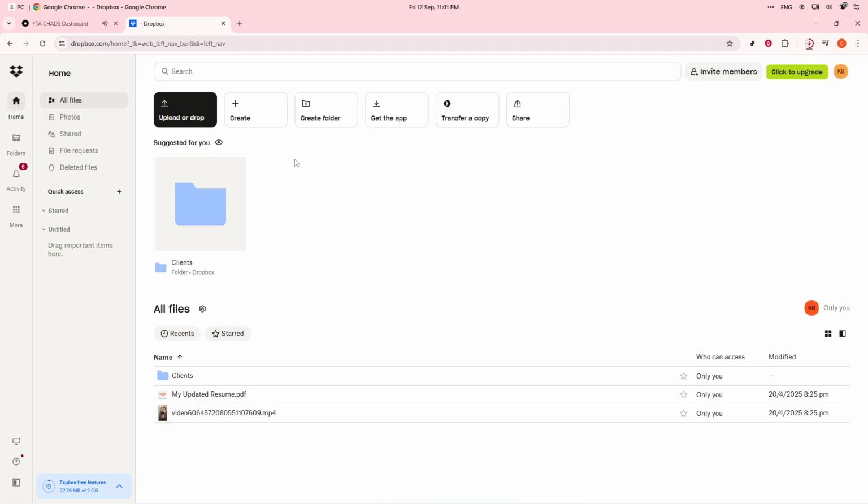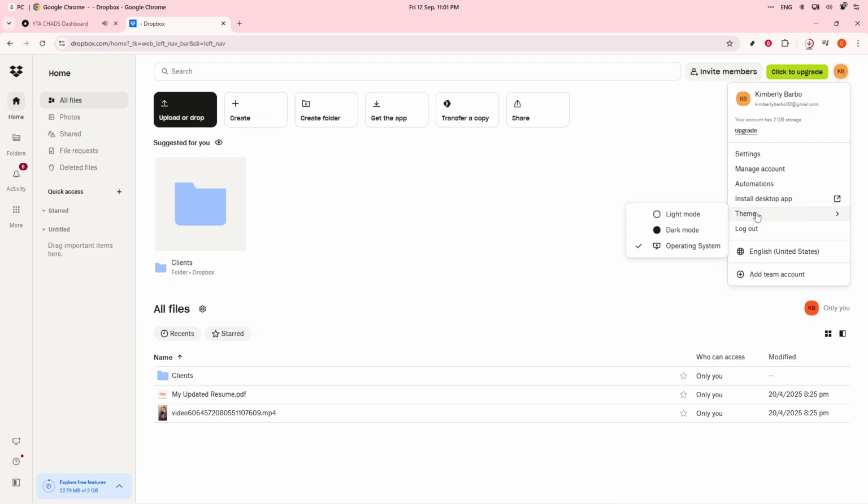First, let's begin at your email inbox. This is a critical starting point. Keep an eye out for an email invitation from Dropbox. This invite is typically sent by your team admin, so make sure you're checking the correct email address associated with your team's communications. If you don't see it immediately, check your spam folder or filtered folders just in case it's